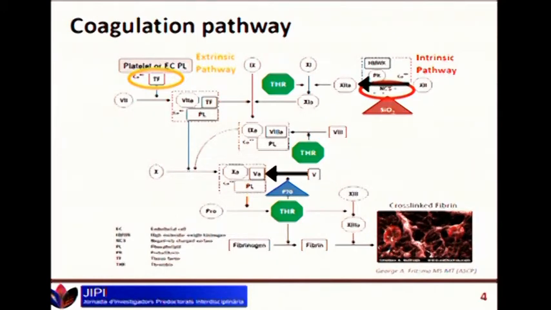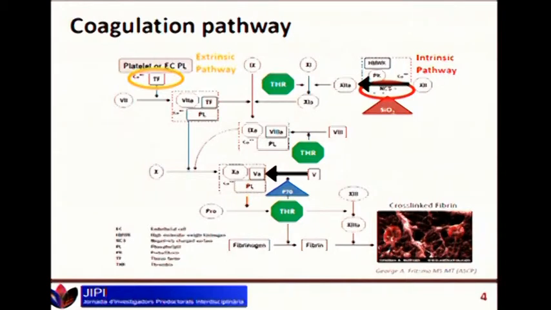So here is a quick overview of the coagulation pathway, only to show you that when we have a wound, an injury, the coagulation mechanism starts in two different ways. One is in contact with tissue factor, which is encountered outside the blood vessels, and the other is when the blood is in contact with a negatively charged surface. This is what interests us, because silica at the pH of the blood is negative, so it accelerates clotting through this pathway here.